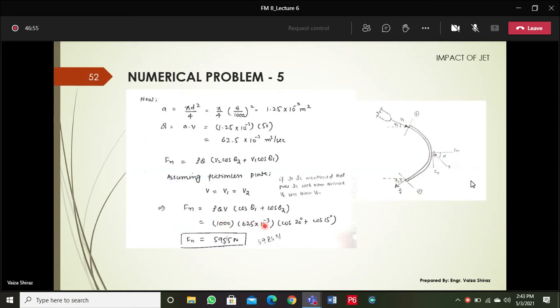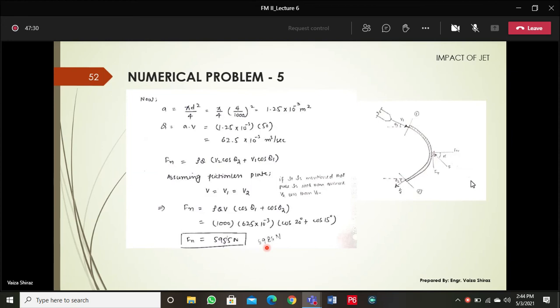Discharge आपने calculate किया हुआ है. V is given to you. So this is the θ1, cos of θ1 plus cos of θ2. Okay, so it is coming as Fn is 5955 न्यूटन। अच्छा सॉरी, यहाँ पे आप ये देख लें, I have written this discharge, V यहाँ पे लिखा नहीं हुआ, तो write down that value, वो आप लिख लीजिएगा, ठीक है। Just put the values in the equation, you will get this answer.